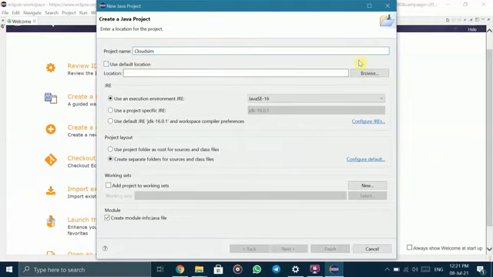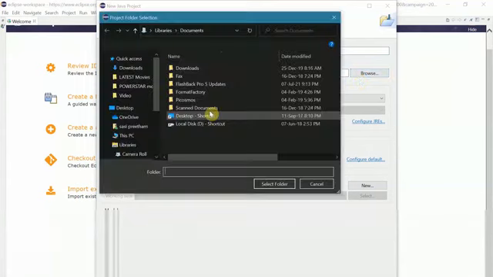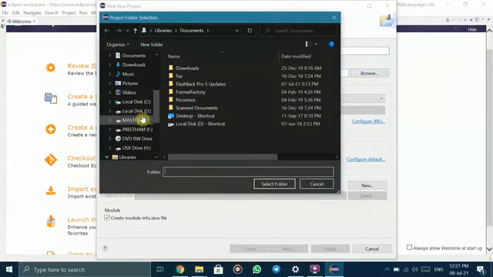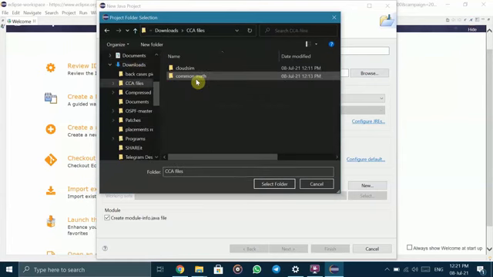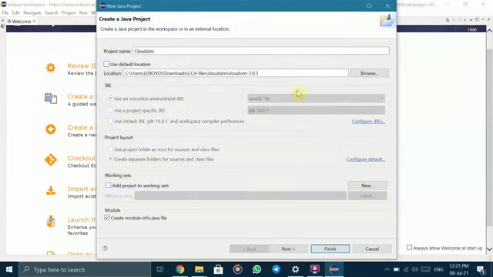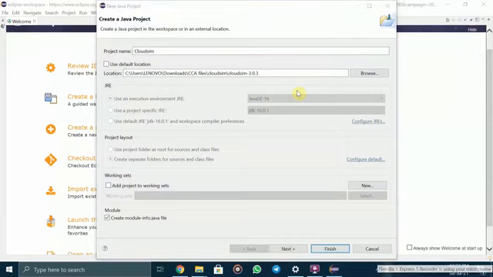And we need to select the location. And we need to keep it as the CloudSim 3.0.3. After selecting the location where we want to install our CloudSim, click on Next.